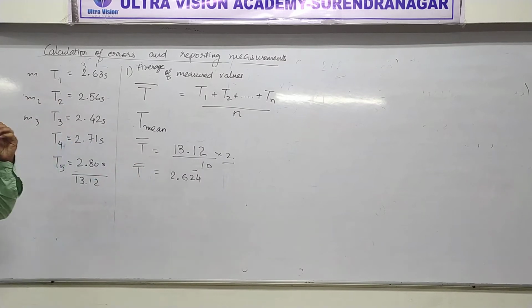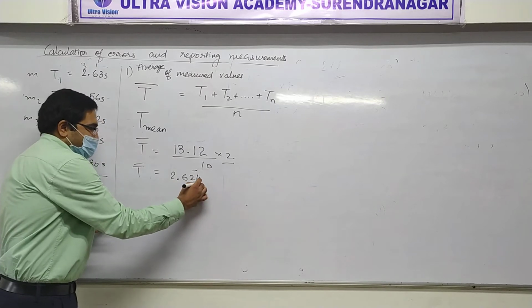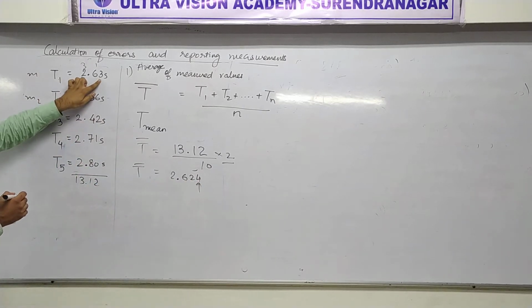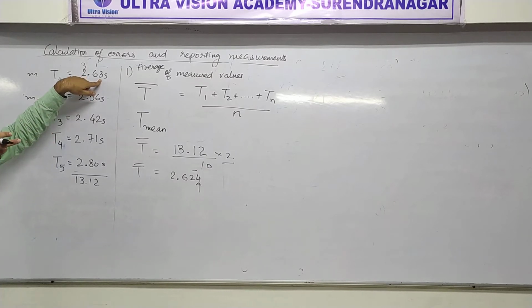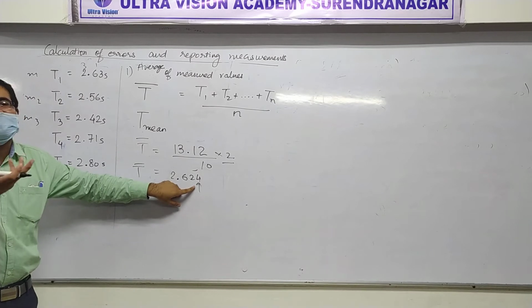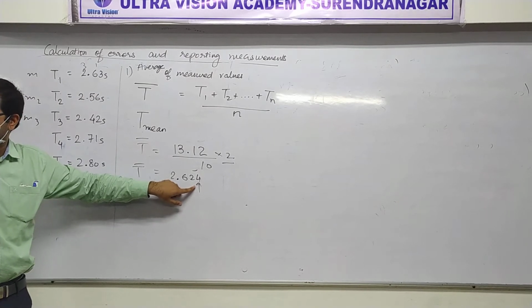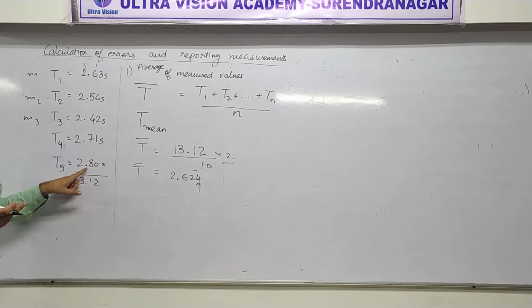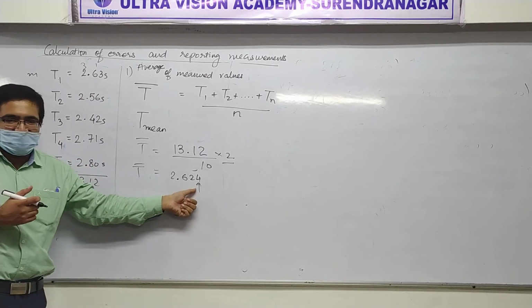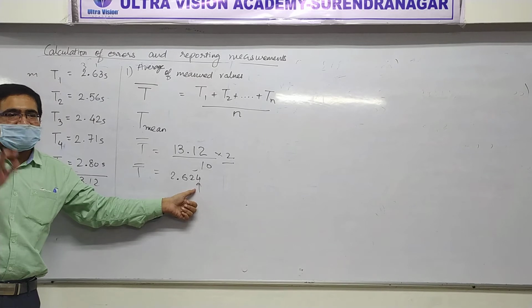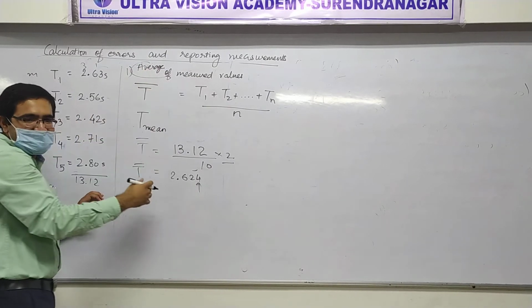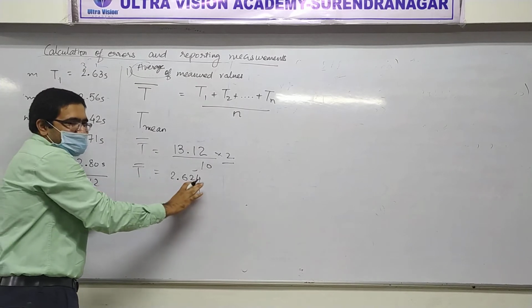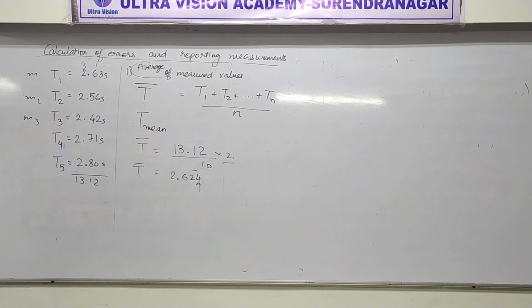But suppose someone would just ask you, what's the average measurement? Then this is wrong, because look at the instrument or the measurements. Only the 100th place after the point, that is the second place after the point. But this one is the third digit. In these measurements, the third digit after the point is not there. So this is a fake digit. It's not really there. So if someone just asks you what's the average measurement, then you should only say 2.62.